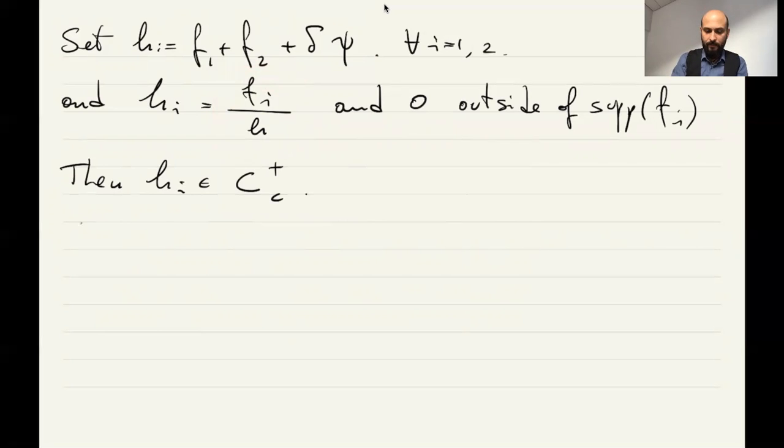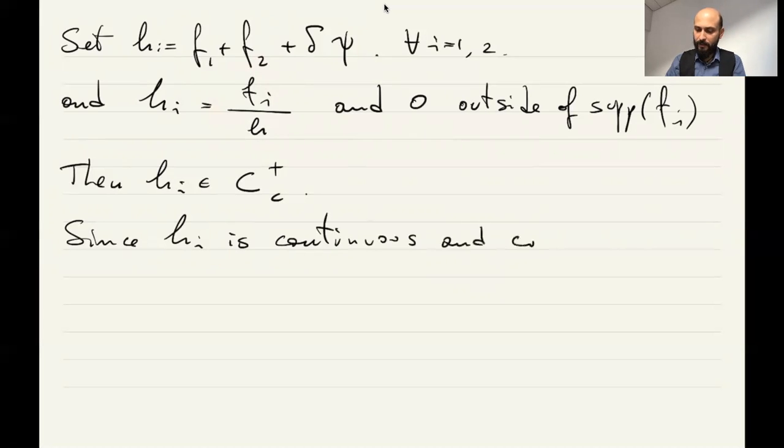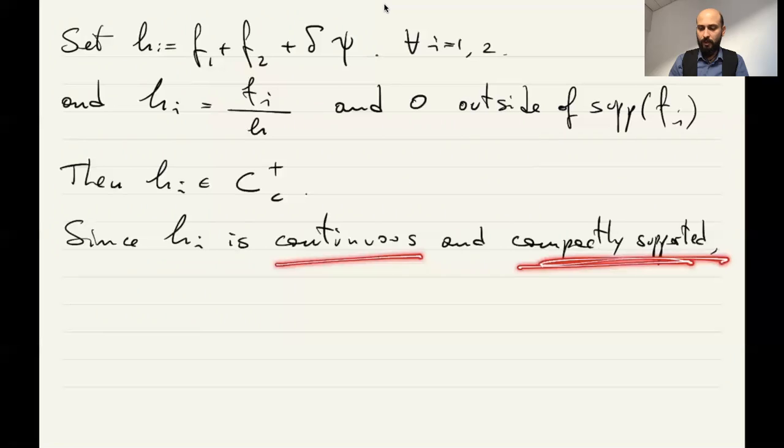Okay, now since each of these hi is continuous and compactly supported, then one could see that, because left translations are continuous maps, one could prove that not only are these functions, being continuous and non-zero on a compact set, uniformly continuous, but they are uniformly continuous also with respect to left translation, right? What I mean is there exists V,